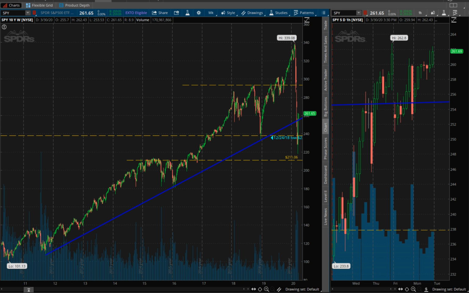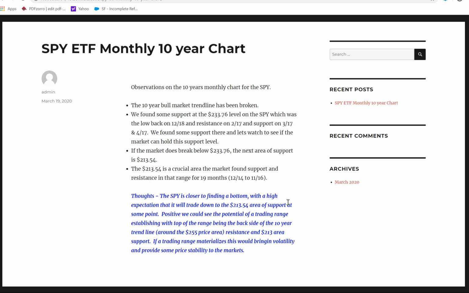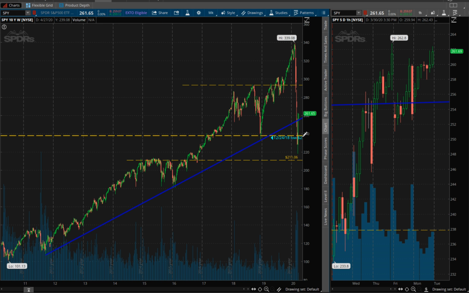So going back to our blog of a couple weeks ago, where we discussed the SPY on a 10-year bull market, where the trend line had been broken. Two of the observations we came down to was we were looking at a 213.54 area being a support area, which we did go into. As you saw, the low that we made was 218.26, so a little bit above that, but we did break and came in pretty close to that area of support,